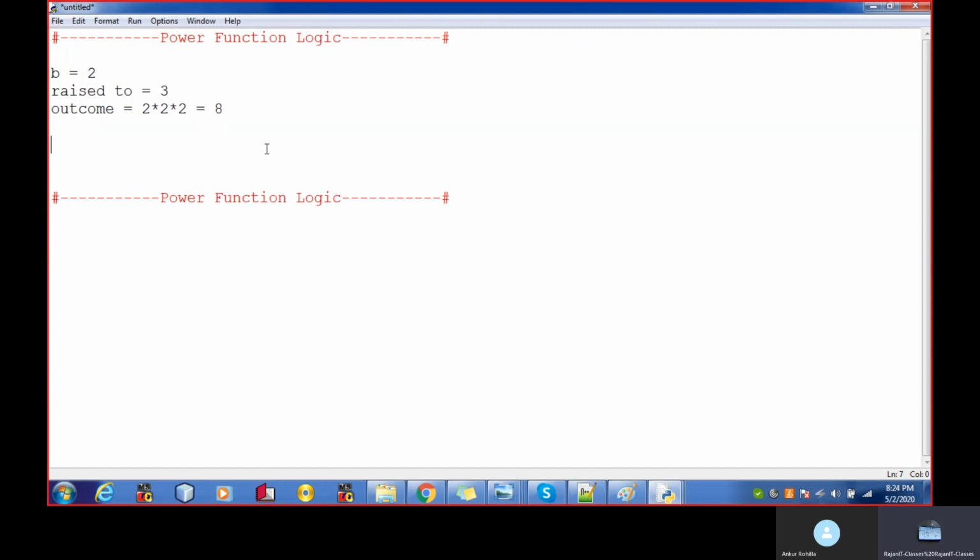Okay, so let's build up the logic in Python. We'll consider we have, let's say, two numbers. One is considered as base, another is considered as raised to, that is, let's say, 3. We are looking for 8. So looking for 8, we need to multiply this number how many number of times? 3 times. Means to have 8, we will multiply 2